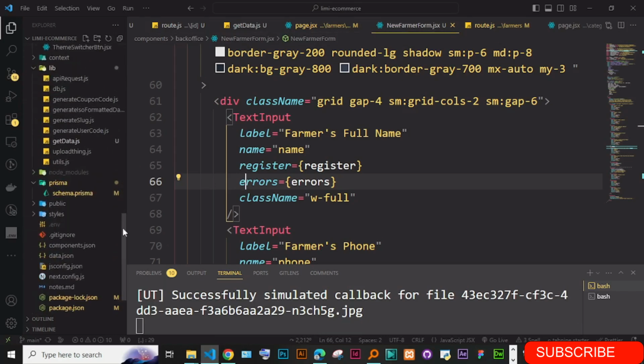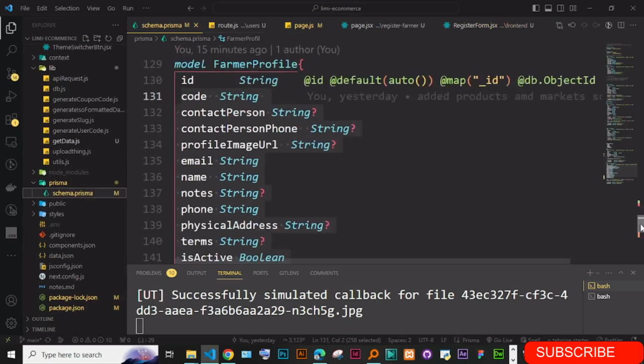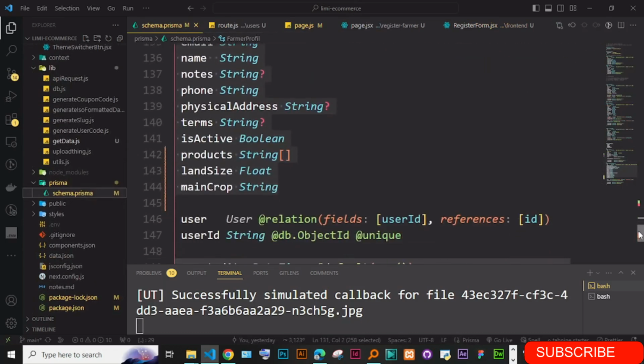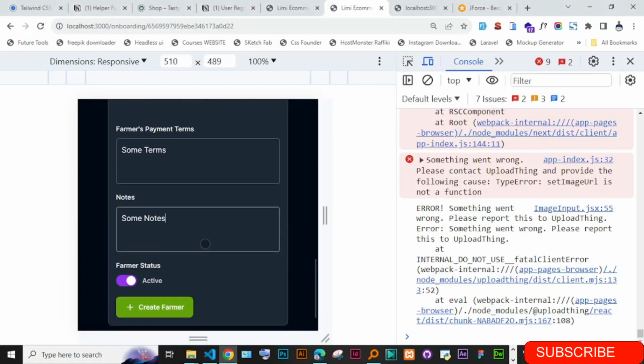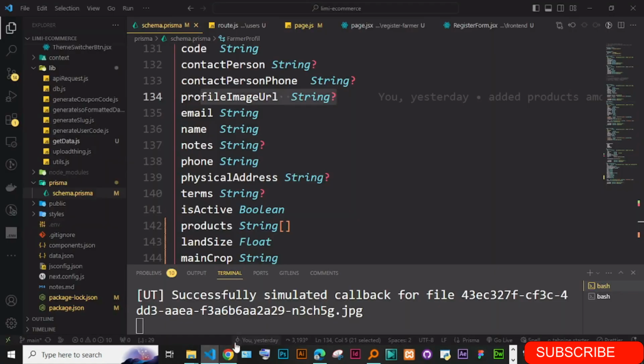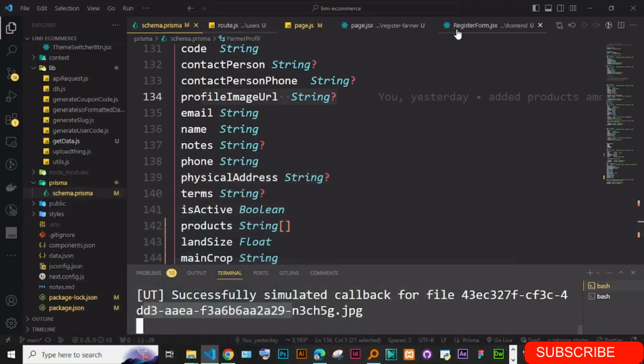this in the schema. Okay, profile image is not a must, so we don't need it. Even if we submit, we can still get it. And if you check here, it was uploaded. You can see here the image is here, but I think what is not set properly, I'm just going to check this